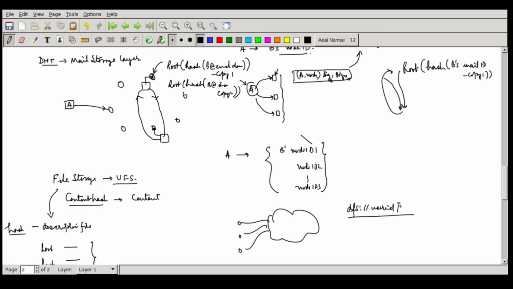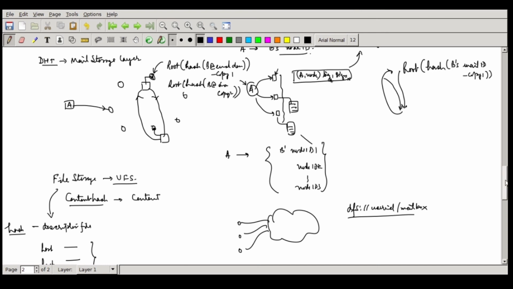So I can now create a mailbox directory. Whenever one node gets a mail, it will have a cached entry for its file system, and everybody has that cached entry. It will first update that cached entry, which in turn will get updated into this DFS. So automatically this is available to every client. When I look at the mail, I will fetch the same mail from this DFS, or the user cloud system of the storage. So in every device you will see the same mail coming up. That's how it is going to be maintained.